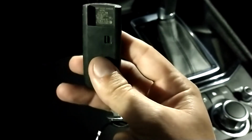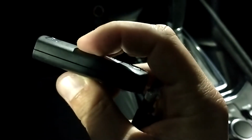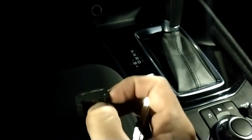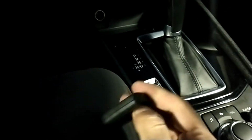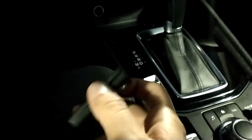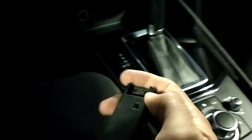Mazda's, honestly, is one of the worst to have to replace because there's no spot to help you open the casing. So you have to just take your nails and kind of pull back on the edge. So you do one side and then you pull back on the other side, and it just opens a little, and then I will take my key and kind of place it inside of there and just work my way down, and then it'll pop open,